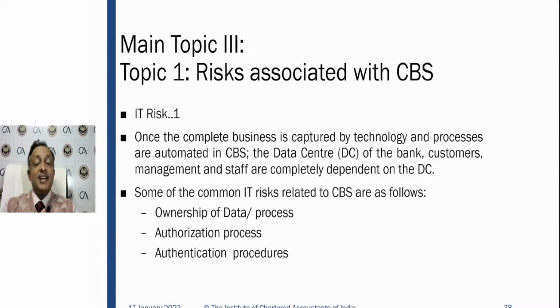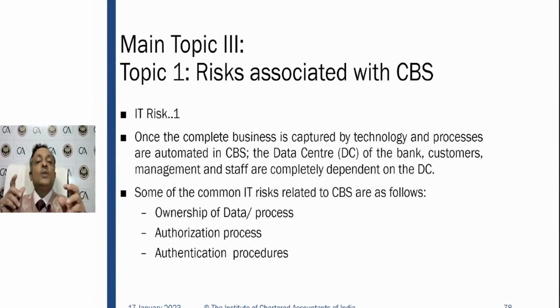So for all practical purposes, whatever data the bank has, who owns it? The banker owns it. If the data is owned by a banker, I'm referring to a section. So take it as a reverse question. You need to answer what is the question. So I say section 43A of the Information Technology Act, how is it related to this ownership of data and process? The hint is that whatever data is available with the bank, the ownership of that data is with the banker. You have to see how this line relates to section 43A of the Information Technology Act